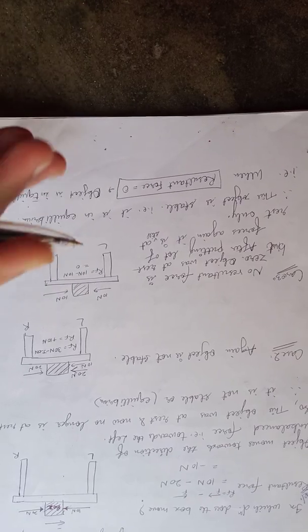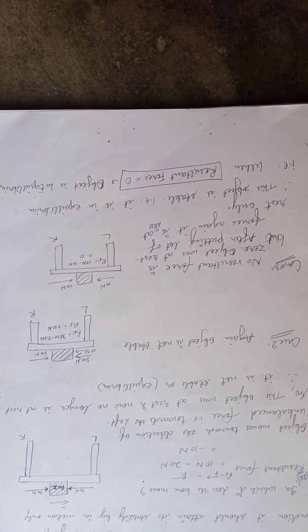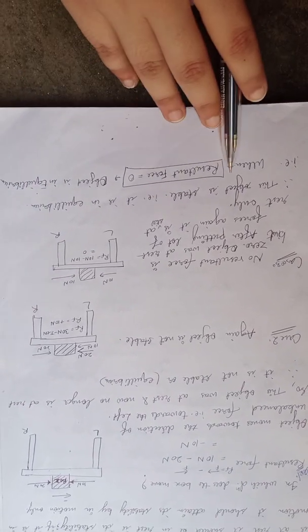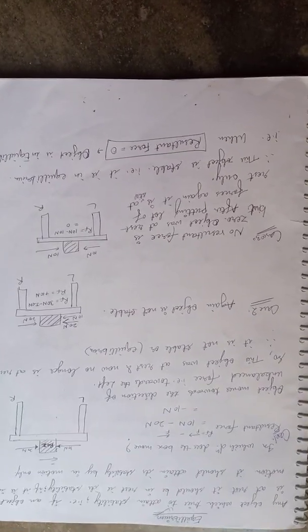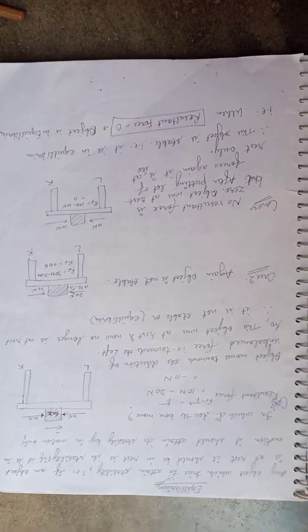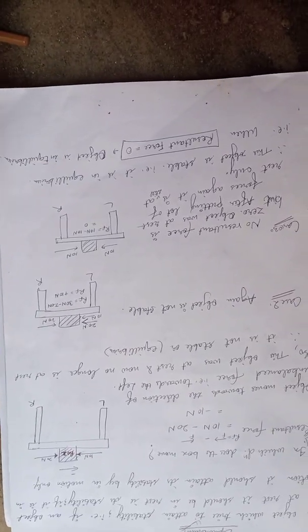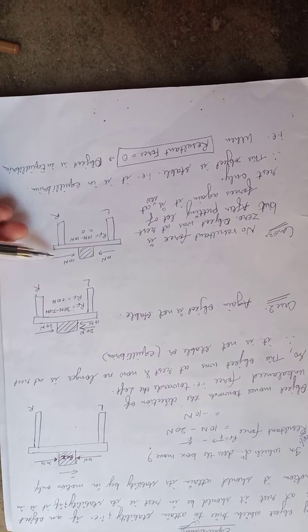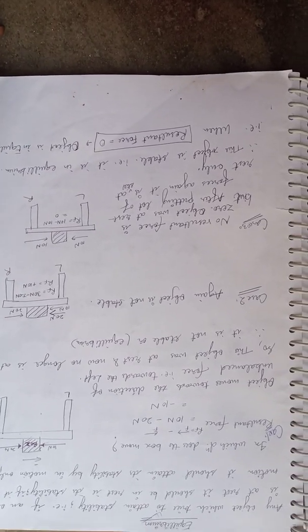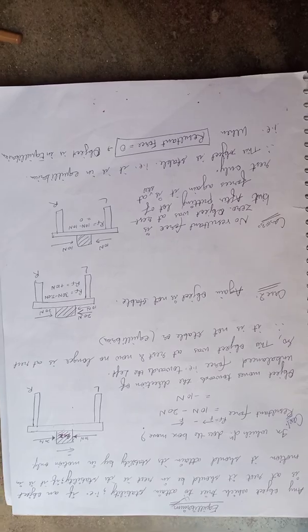So what did you get to know from these three cases? That is, when the resultant force is 0, the object is said to be in equilibrium. So students, this I have talked to you about in the case of translational motion. Translational means either it will slide here or it will slide there. What about the case of rotational motion?